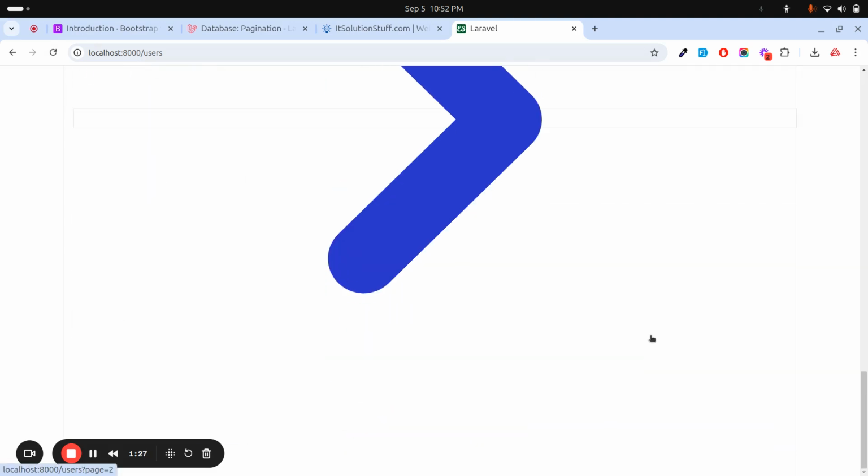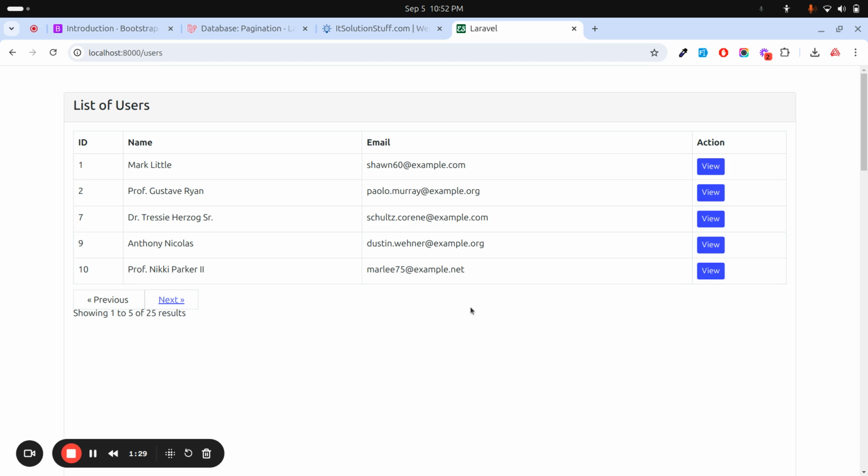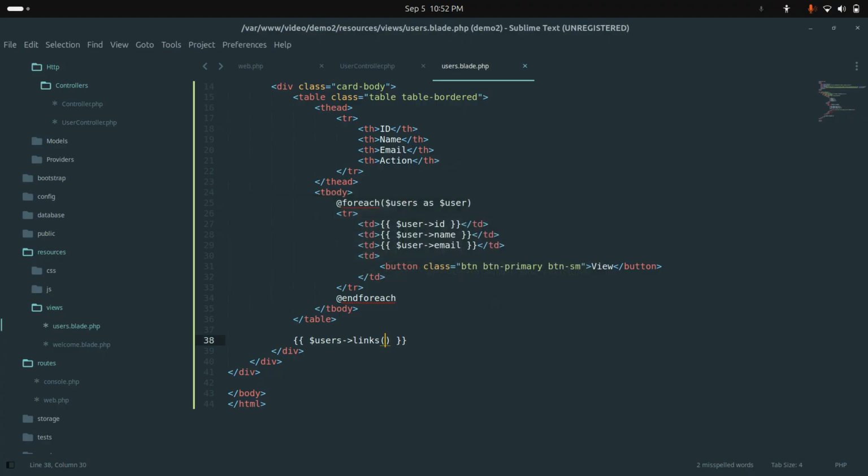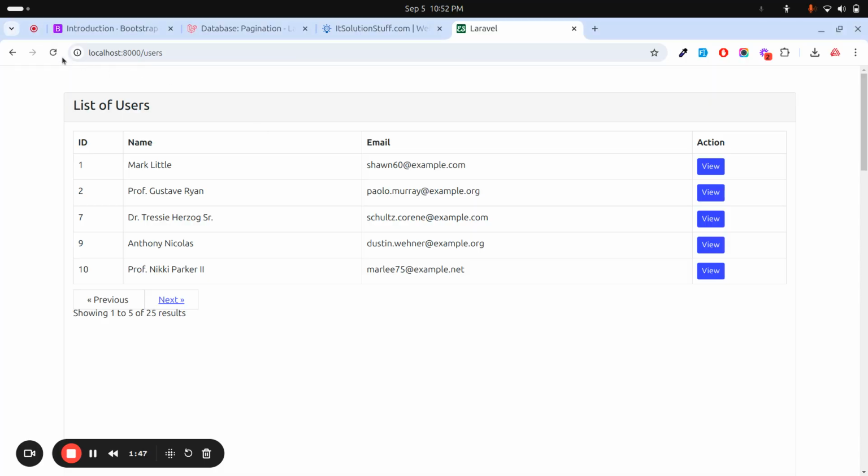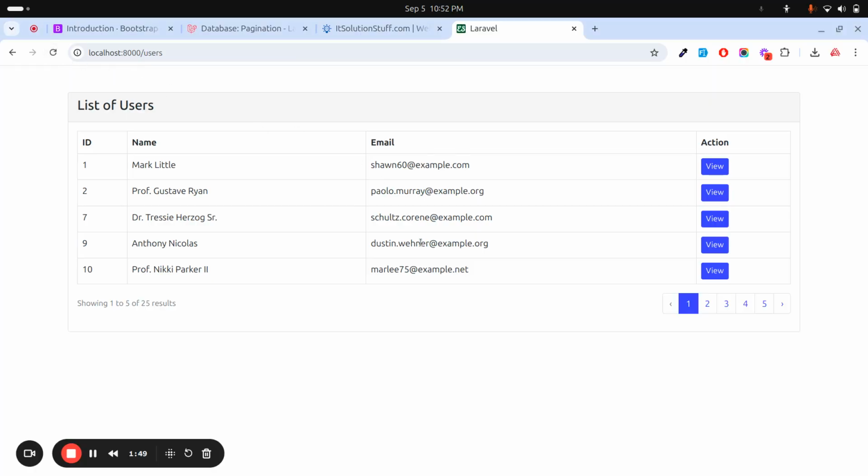that the icons and everything look off, because I am using Bootstrap 5. By default Laravel supports Tailwind CSS, but right now I'm using Bootstrap 5. So let me also add that. If I go here, I just need to add pagination, and there will be Bootstrap 5. And if I simply save it, go here and refresh it, you can see that it